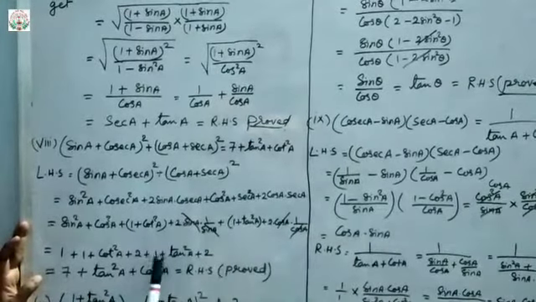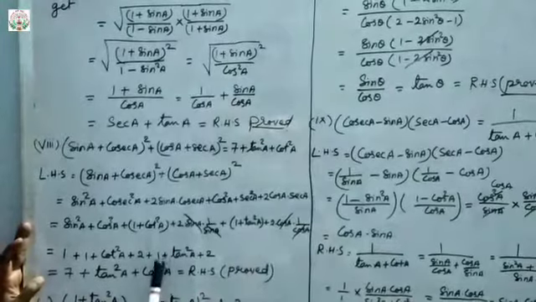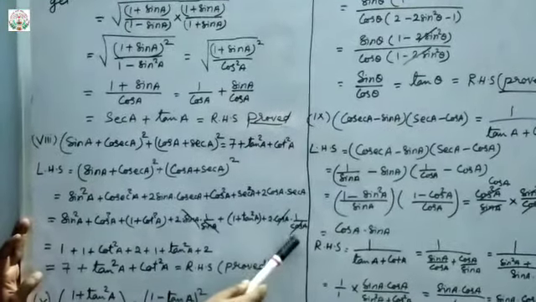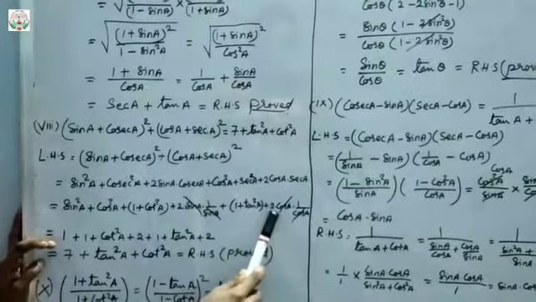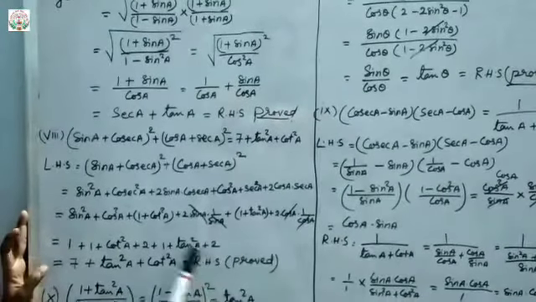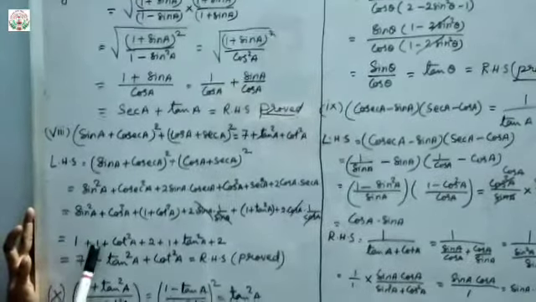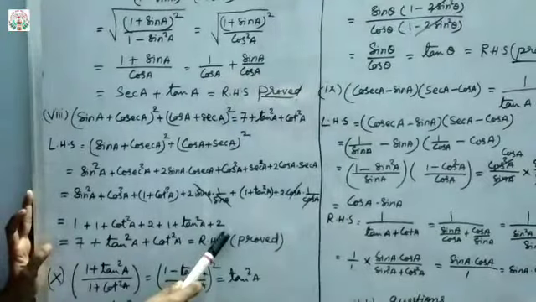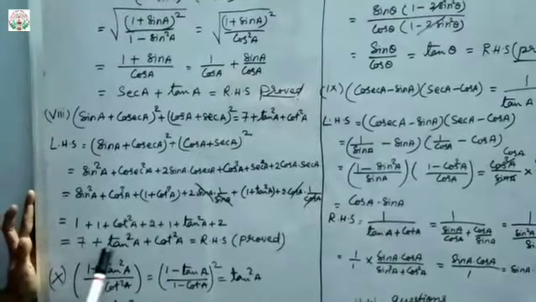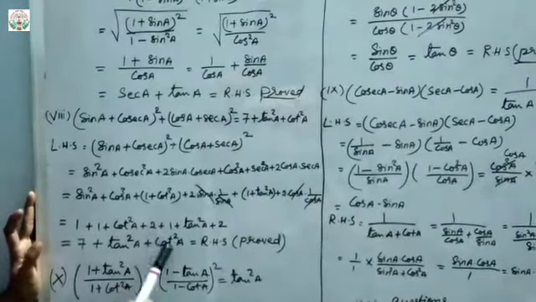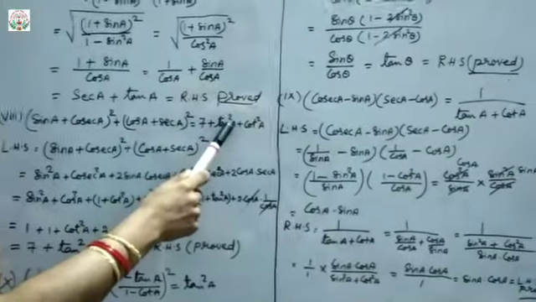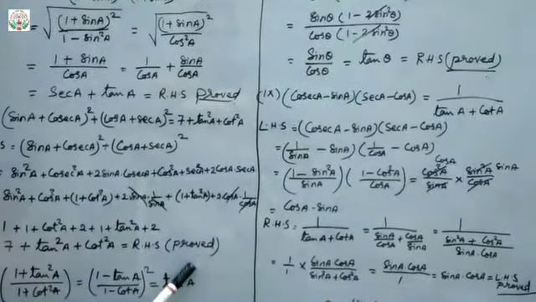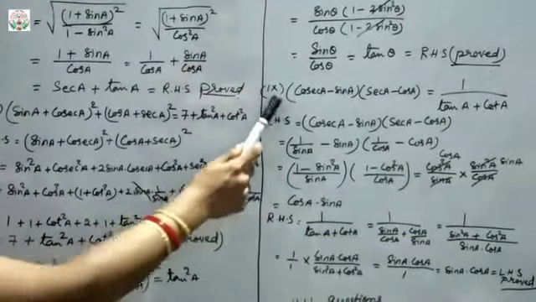Then here plus 1 plus tan square a, plus here also you can see cos a got cancelled, numerator and denominator. So what is left out? 2 only. So 2. So now add 1 plus 1 plus 2 plus 1 plus 2. What will we get? 7. So 7 plus tan square a plus cot square a, which is our RHS. So proved. Clear, children? Now let us see the ninth question.